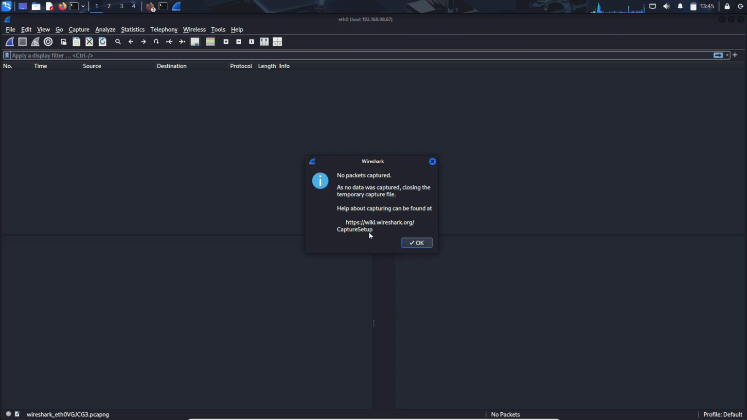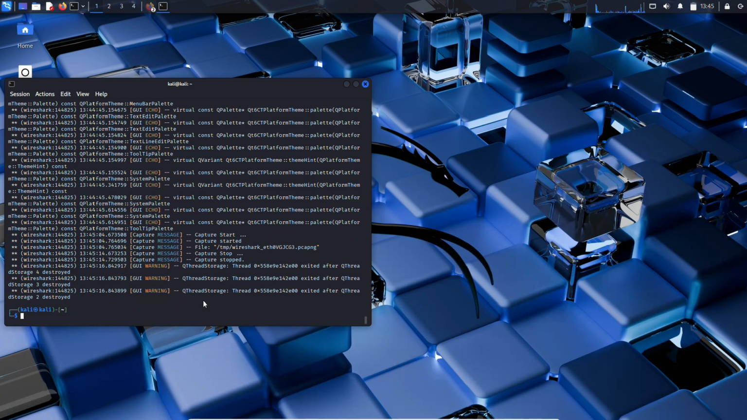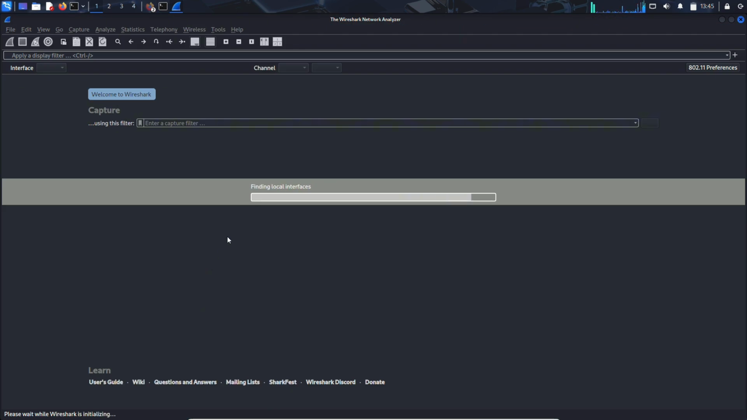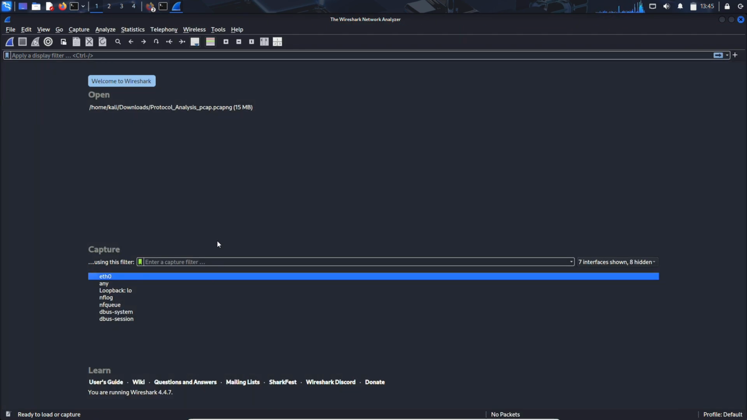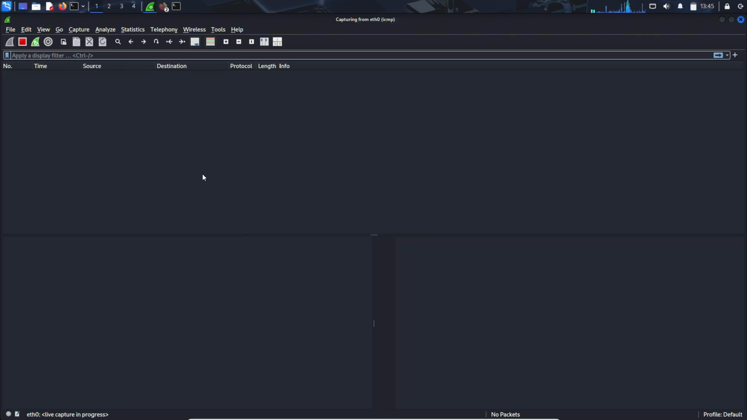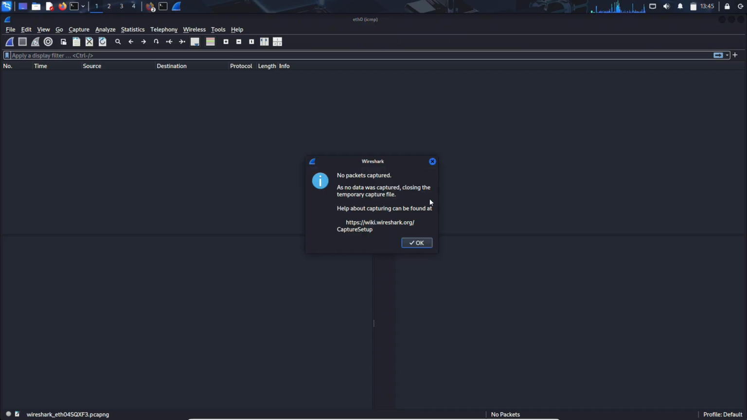And in other cases, let's say if you want to capture only the ping request or ping packets, then you can simply type ICMP and press enter. So that you can capture the ICMP packets here. So this way we can capture the packets from